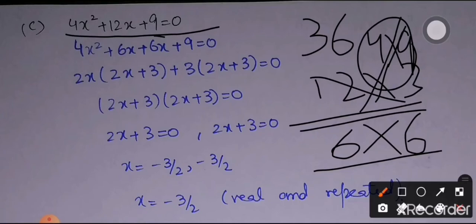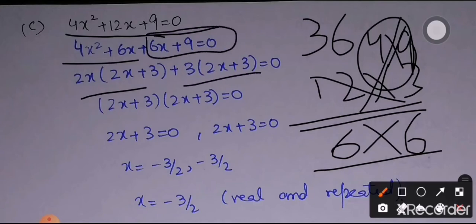So I will take 2x common from these two, I will be left with 2x plus 3, and I will take 3 common from the other two, so we will have 2x plus 3. Now taking 2x plus 3 common, 2x from here, 3 from here, we will have 2x plus 3 whole square. You can even apply the formula on it, but you can go for middle term breaking as well. So when we have 2x plus 3 whole square equal to 0, we will not say that 2x plus 3 is to the power 0. The whole power is 2, which means that we are having two factors with the same expression.